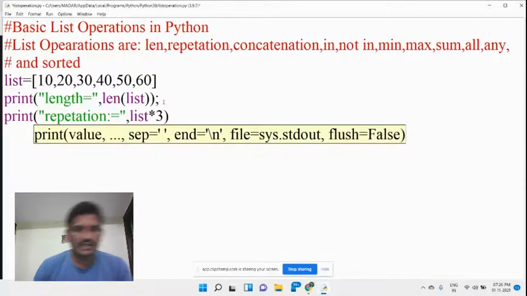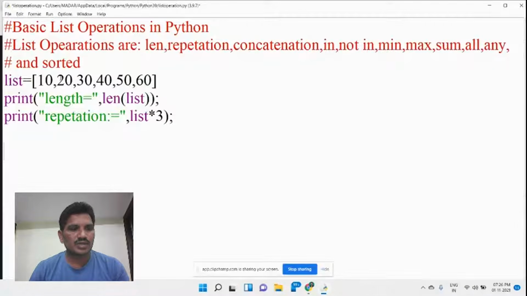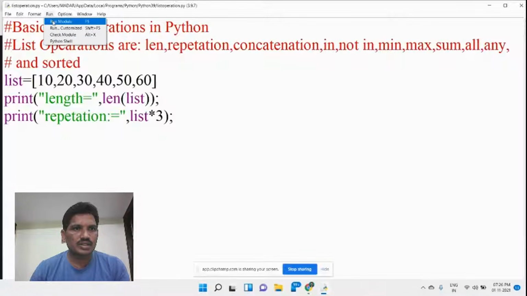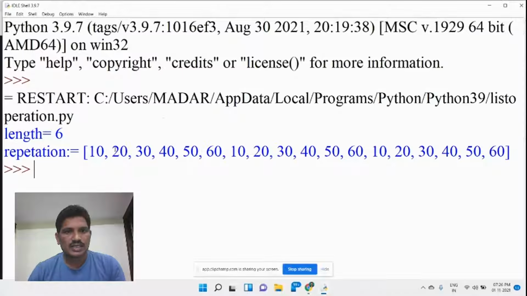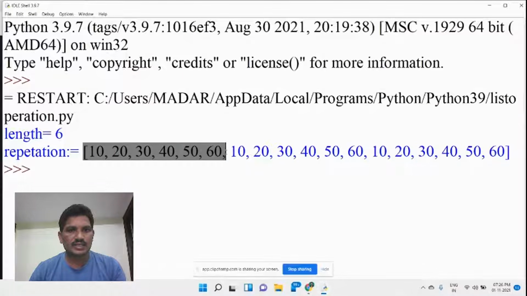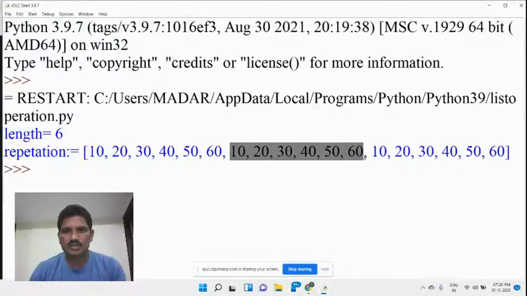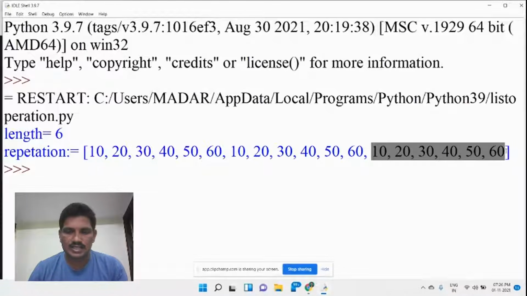You see here, whether it is displayed or not, we will run this module. Once you run this module, you should understand whether the list has been displayed three times or not. See here how many times the list has been displayed: this is one list, this is one list, this is one list.